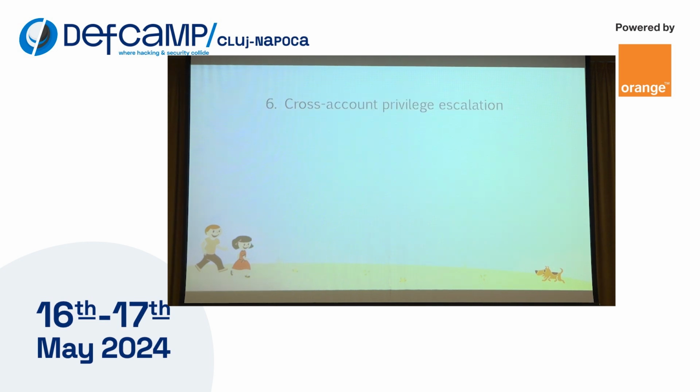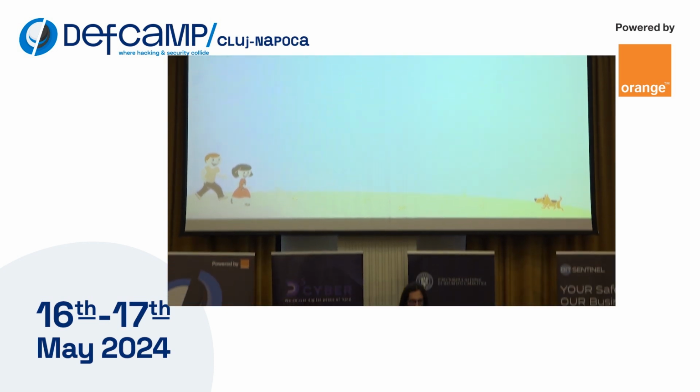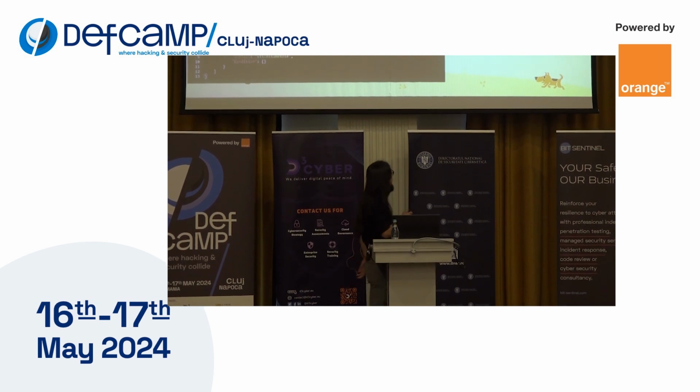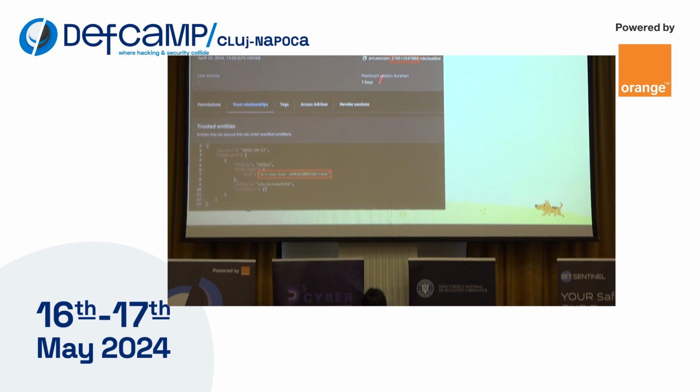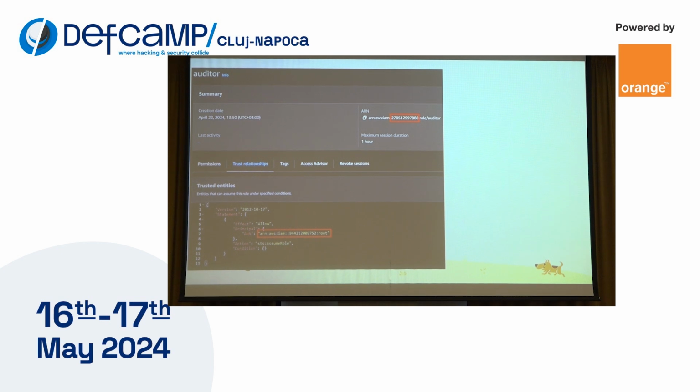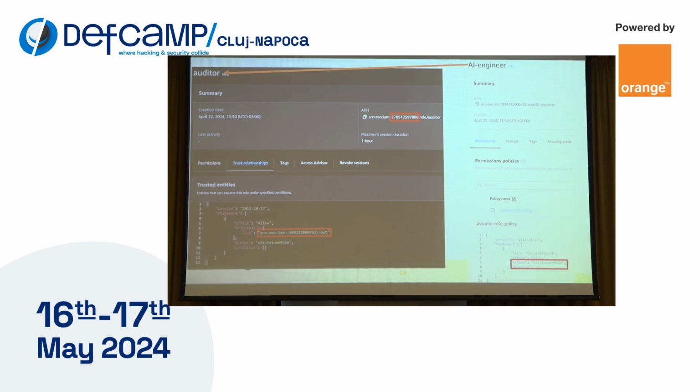Good. Let's talk about cross-account privilege escalation. Something that we see a lot is this kind of configuration. We have a role in this account 278, and anyone from this account 944 can assume this role, which in theory is fine. Maybe you want to give access to multiple users to this role called auditor, but the issue appears when you have some identities, like an AI engineer from this account with 944, that can assume any role. So basically, this AI engineer will be able to assume this role,